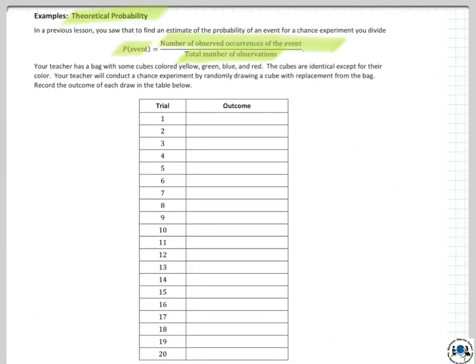And again, here is our formula. In order to estimate the probability of an event for a chance experiment, you divide the number of observed occurrences of an event by the total number of observations. As you can see, for this experiment, there are going to be 20 trials, or 20 observations. So that is going to be our denominator, 20. And then of course our number of observed occurrences of the event,